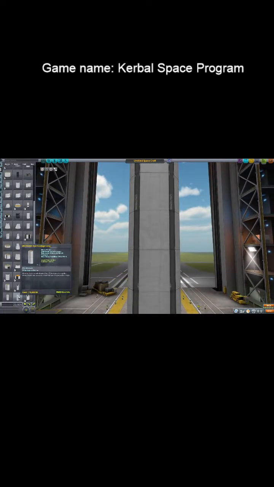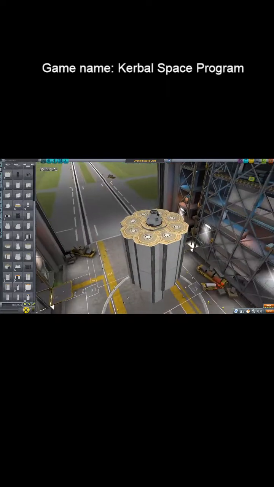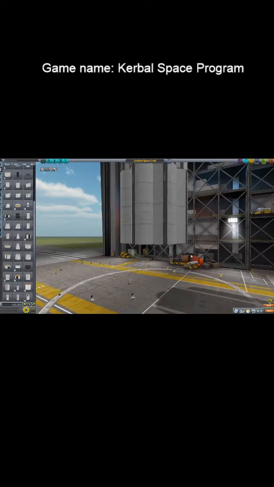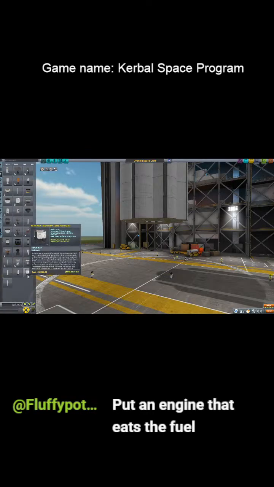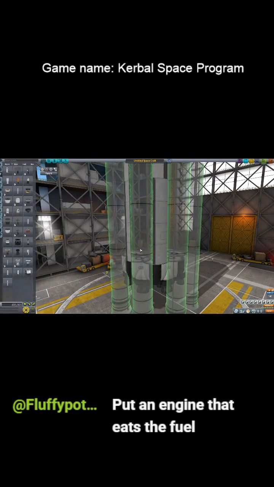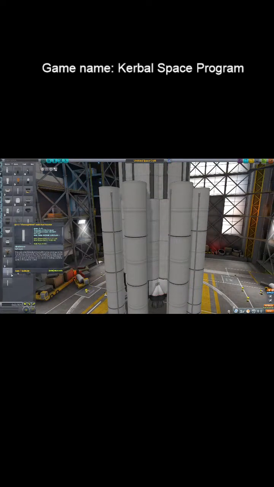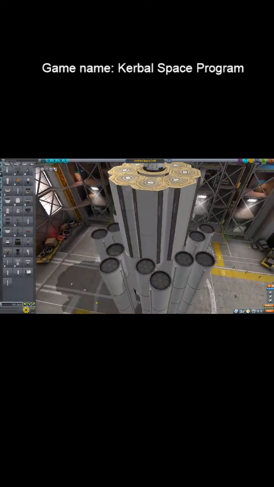I'm not planning on coming back down. Eight of them. Perfect. Engine that eats the fuel. Yeah, I'm gonna take the most powerful engine. Seems to be the Mammoth. But then have some of these. Oh yeah, this rocket is...